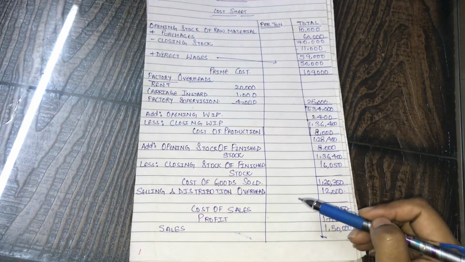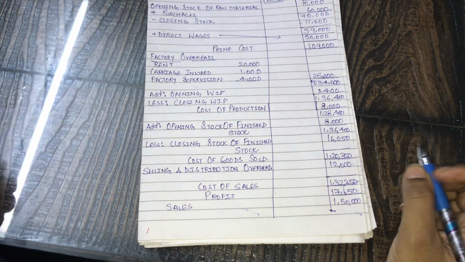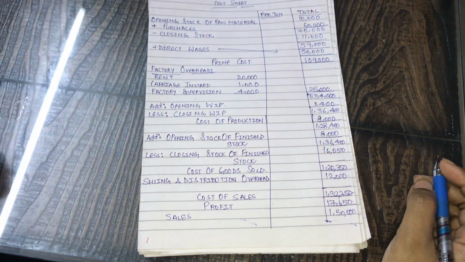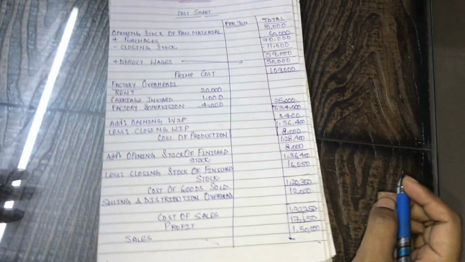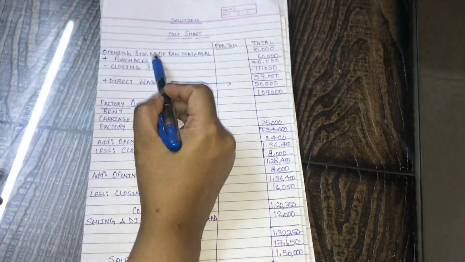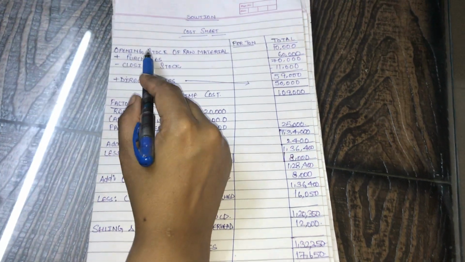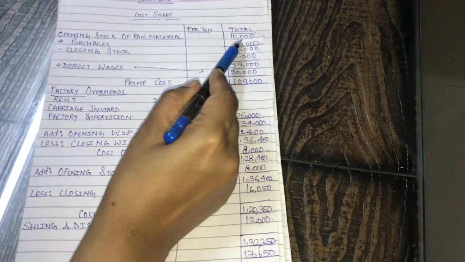For this we are going to take a practical question. Basically in the question there is a purchase of raw material, direct wages, rent, insurance, carriage inward, raw material stock, work in progress, and sale is given. For that, first we take the prime cost. For prime cost, basically we take the opening stock of raw material that consists of 10,000.